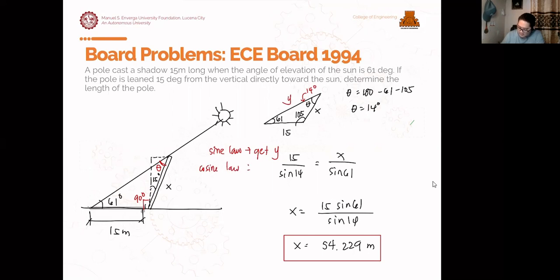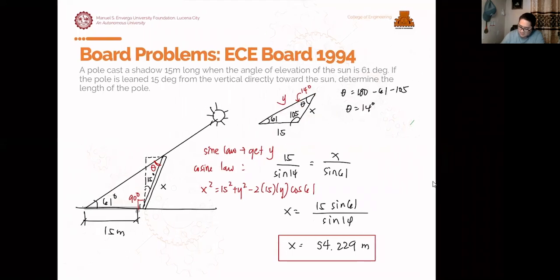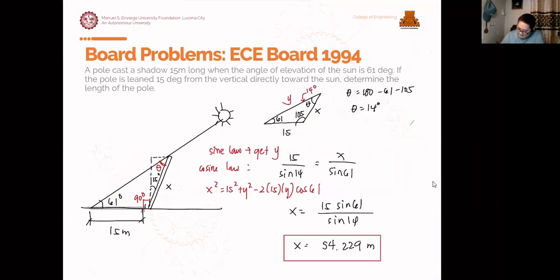Okay? Ang gagawin mong formula will be x squared. Ito yung opposite. Ito may value ka na kasi na-calculate mo using sine law, di ba? So that will be 15 squared plus y squared minus 2 times 15 times y cosine of 61. Okay? So kung ano yung makuha nating value ni y, ni x, dapat parehas nito. So sige nga, pakita na nga natin para